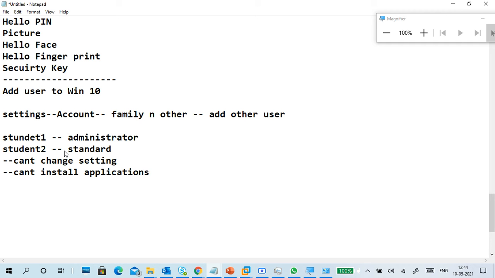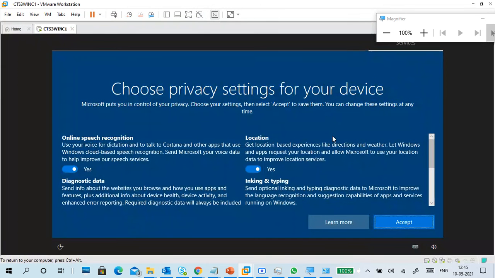We can convert a standard account to administrator, but better you already have an administrator. Administrator means high privileges, he can do everything, he can open any file. So standard accounts cannot change settings, install or uninstall applications, like that.